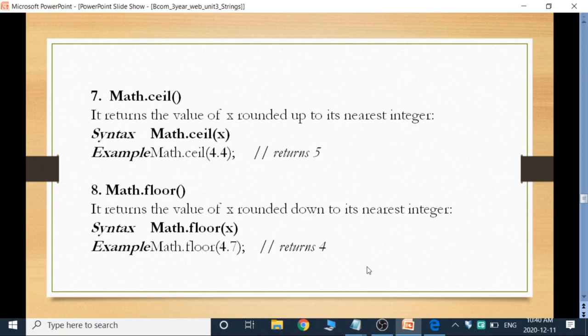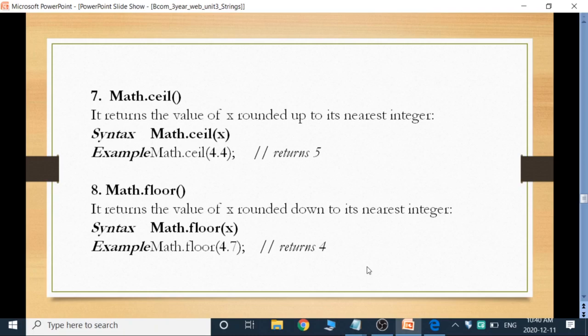Next functions are ceil and floor. Ceil rounds to the upper value, the nearest upper integer, and floor rounds to the lower value, the nearest lower integer. Floor is the down value, and ceil rounds to the up value. Math.ceil of x, here I am taking 4.4.